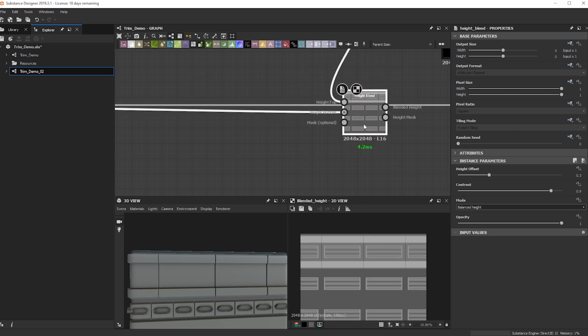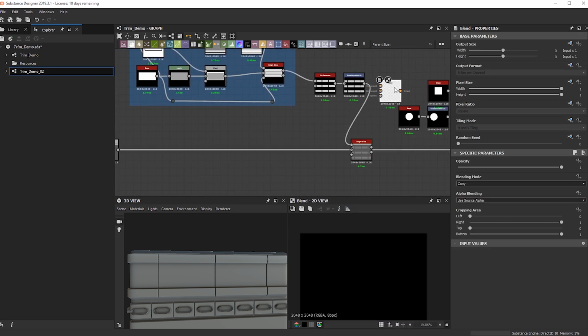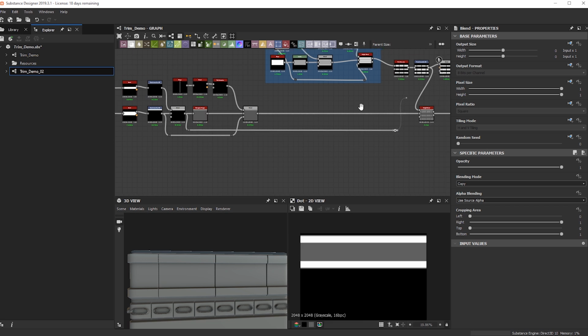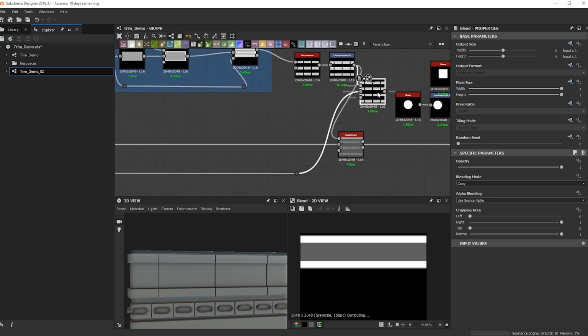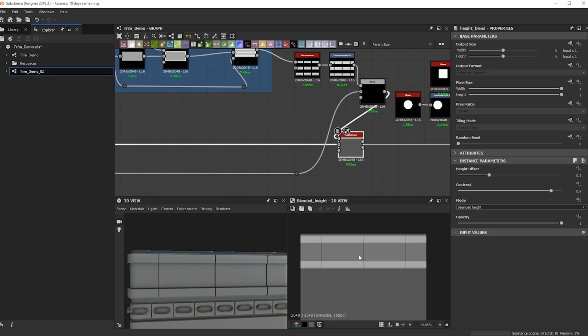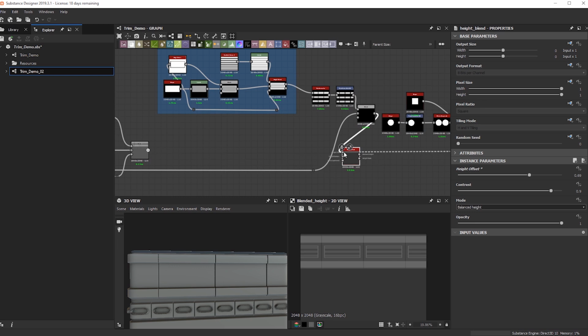So one thing I can do here is just do a blend, take that same mask and just subtract it. So I'm going to put these guys on top, take this reroute node, and see what we can do here. So let's go ahead. Yeah, there we go. That's what we're looking for. Just them on here. And they should pop up right there. Cool. Let's see what this gives us.